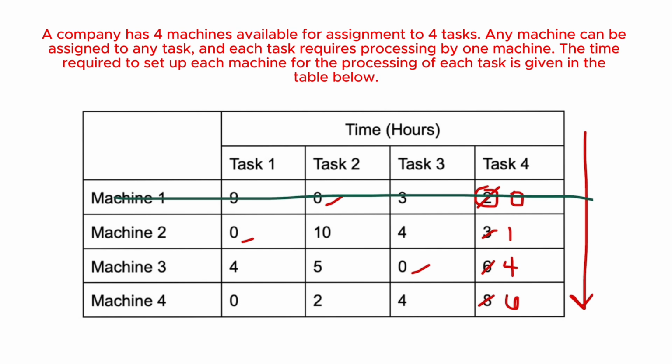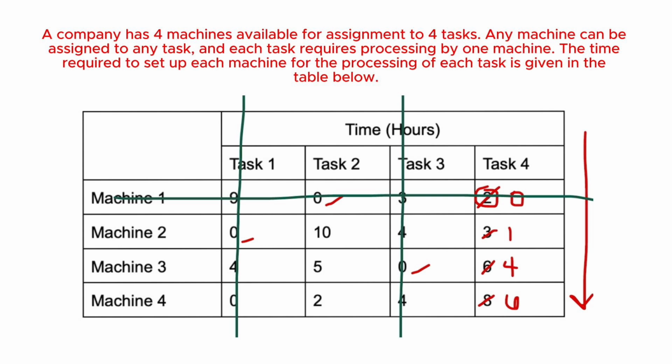The next step is to draw the minimum number of horizontal and vertical lines to cover all the zeros. Then after that, let us count the number of vertical and horizontal lines drawn. If this is equal to the number of rows or columns, then the opportunity cost table is finished, but in this case, it is not, since the number of lines is only 3 and the number of rows or columns is 4.